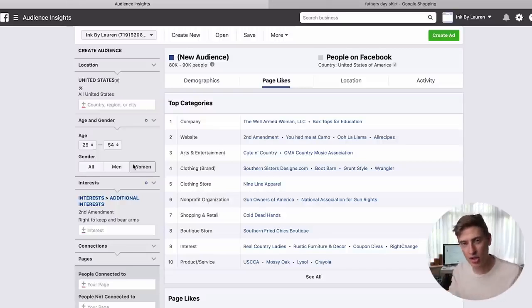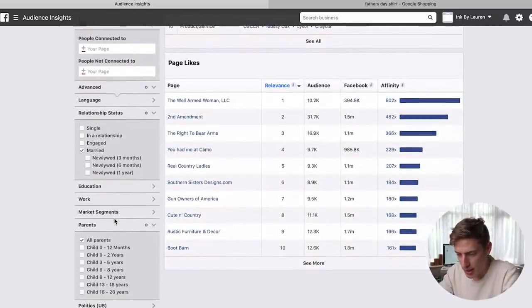So does that make sense? Do you understand where I'm going with this, right? Before we even look for a design, we can just go and play around in audience insights and see what's available. If you don't want to do Father's Day, let's just forget Father's Day and let's do another idea. So let's do